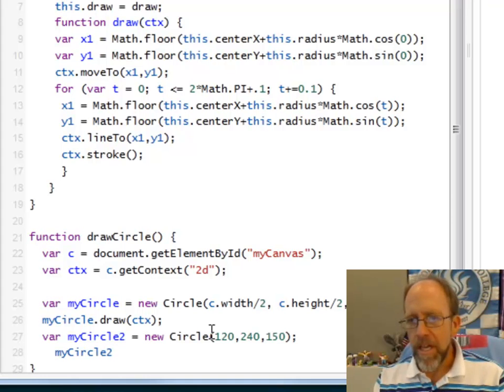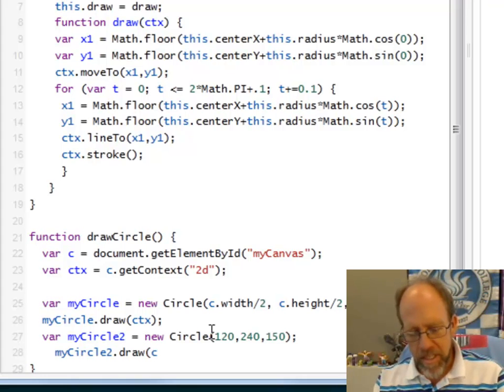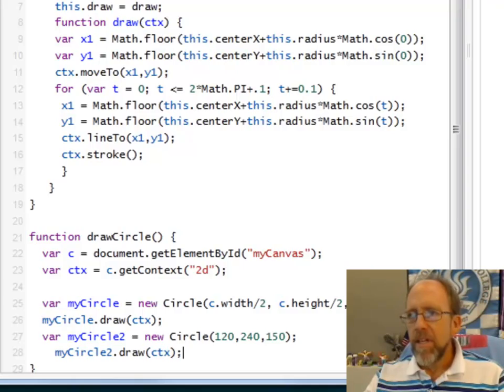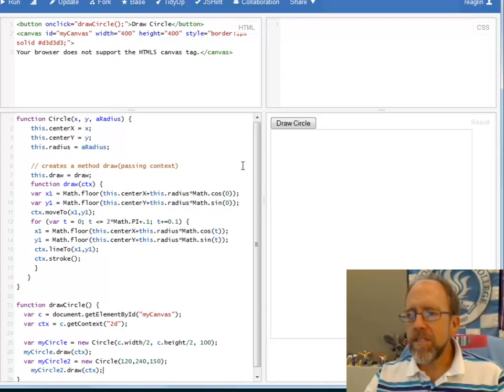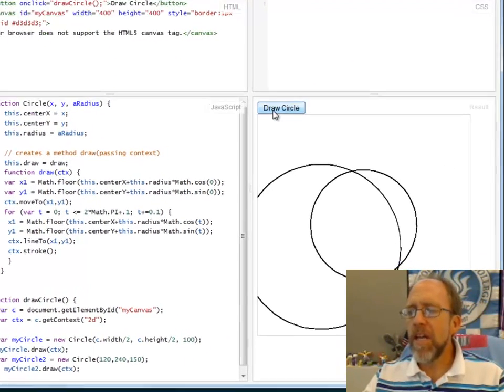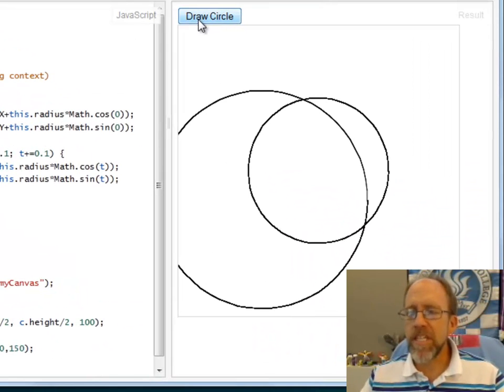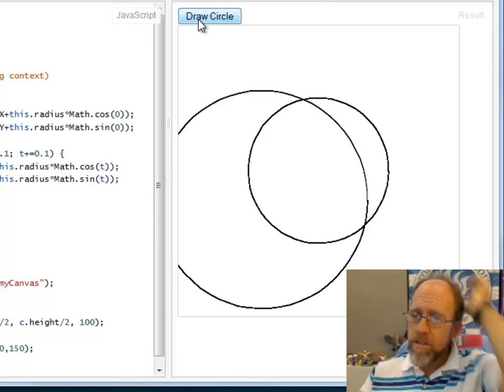2 can now be drawn. Let's draw, and I can draw it on the same context. And I should be able to run it, and now I get 2 circles, because I get the second circle that I just drew. Well, see, that's